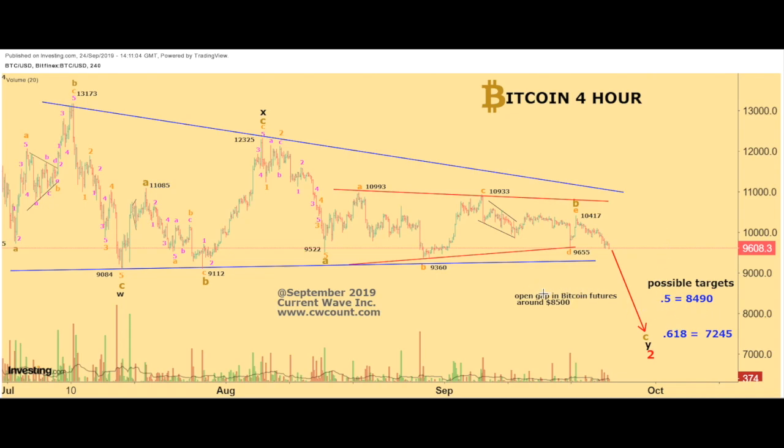I mentioned here that there's an open gap in the futures market for Bitcoin around 8,500 that coincides with this 0.5 Fibonacci, and typically when wave 2 retraces in Elliott wave theory, it retraces to 0.618, which is 7,245. So that's still the question mark so far. Is it going to be 8,490? Is it going to be 7,245? Once we get near here, based on the count, it will give us some more clarity,